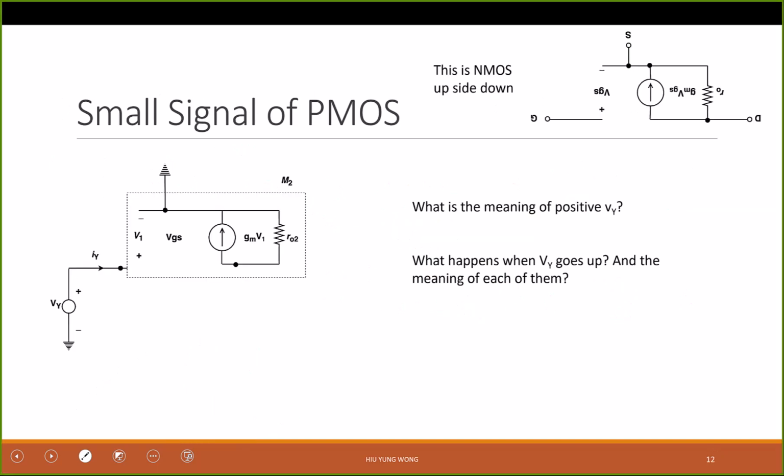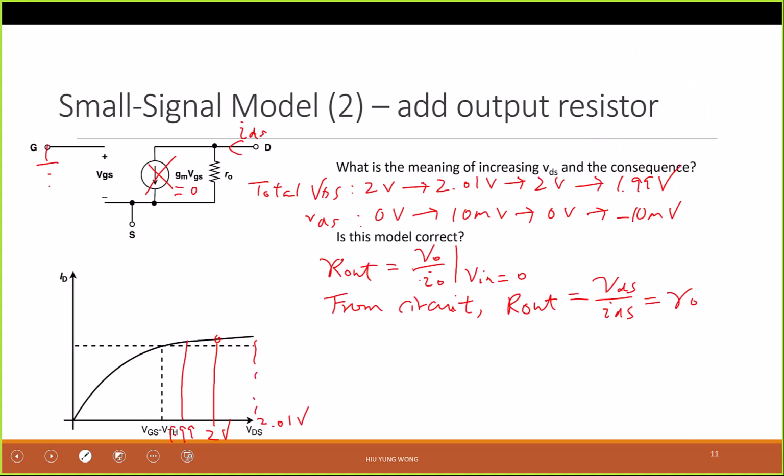Okay, so we know what the small signal model is for NMOS. Now I want to spend some time to talk about the small signal circuit for the PMOS. And it is very easy. On the top right is the small signal model I just gave you for NMOS, but I flip it. Just look at this. Source, right? And then you have drain, have this current going down, and you have this resistor,